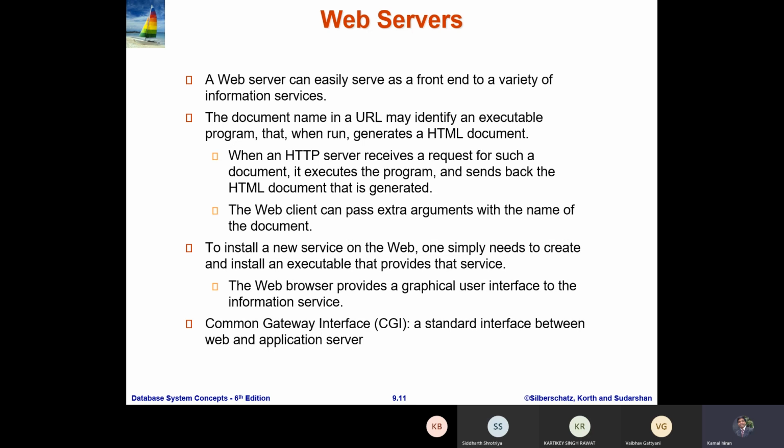So the server configuration is more powerful than the client. A web server can easily serve as a front end to a variety of information services. For example, when an HTML server receives a request for such a document, it executes the program and sends back the HTML document that is generated.